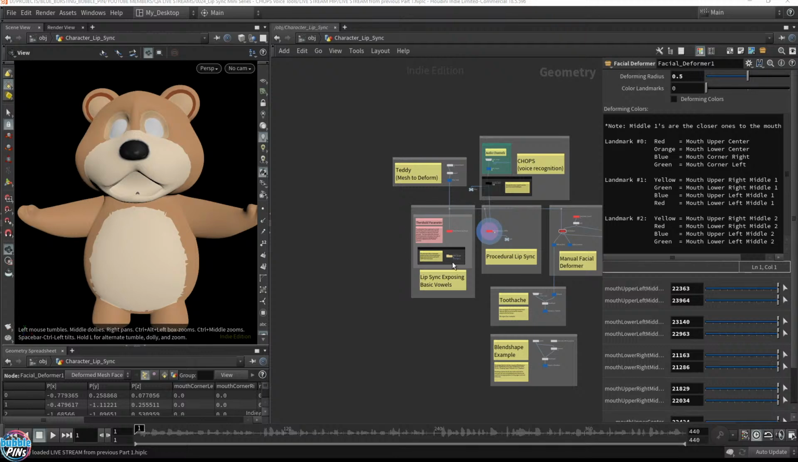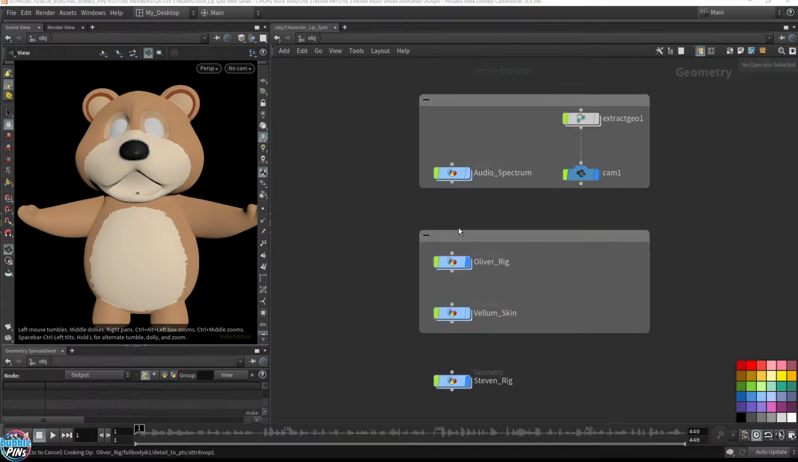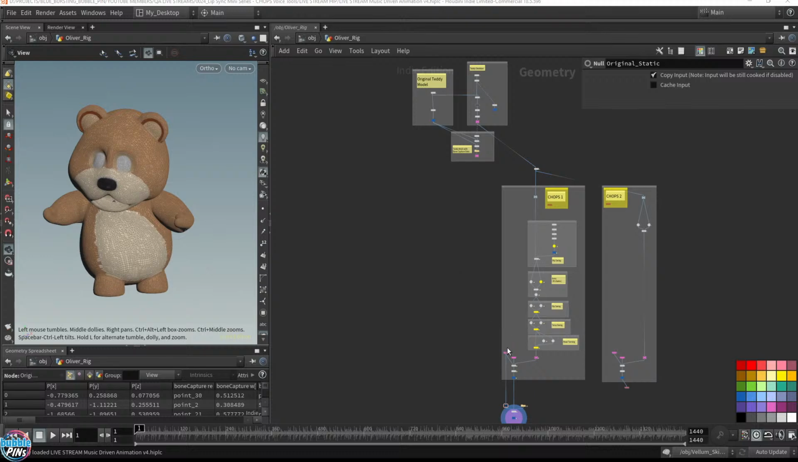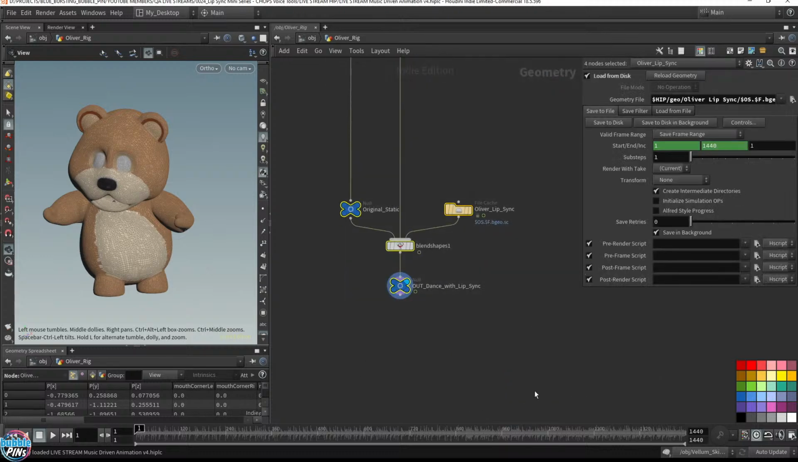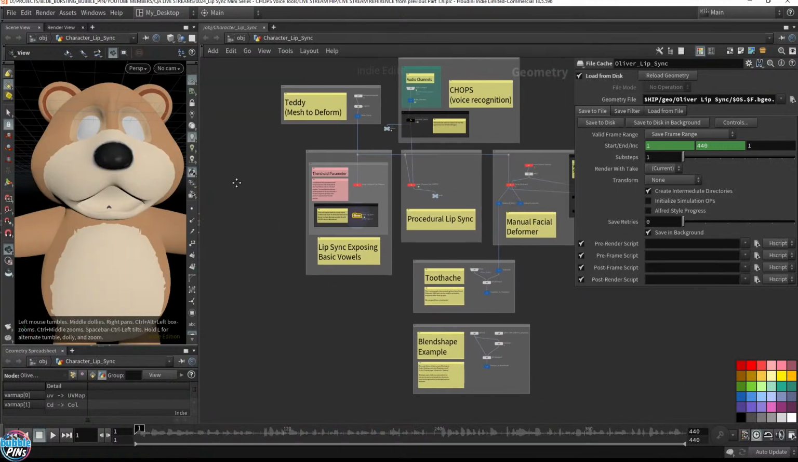So that file cache, I was bringing over to another HIP file to drive some dance moves. And that was just to demonstrate that you can combine lip sync and 3D animation, like the dance moves, together as a whole workflow. So today we're going to first continue off with what we had from last week, the